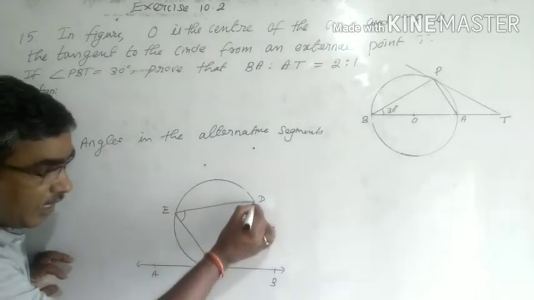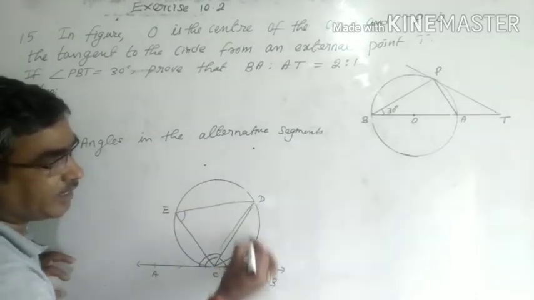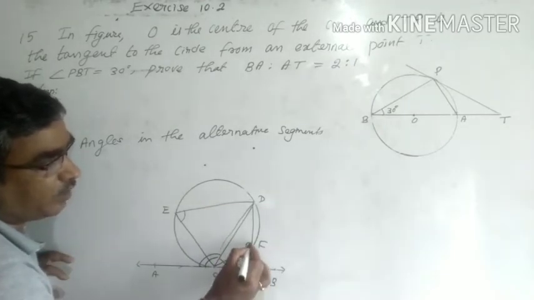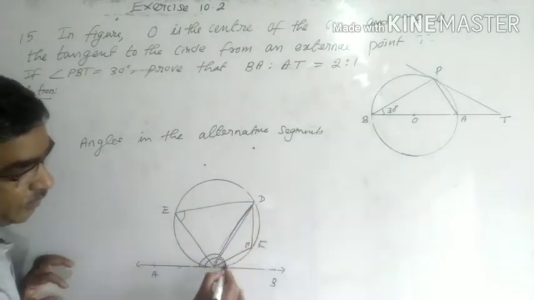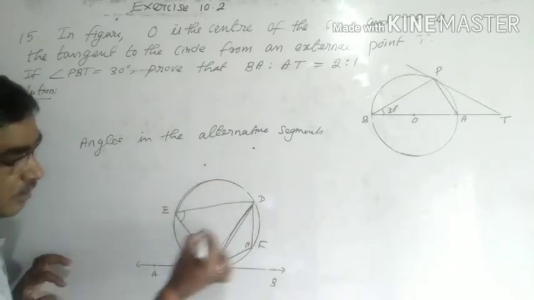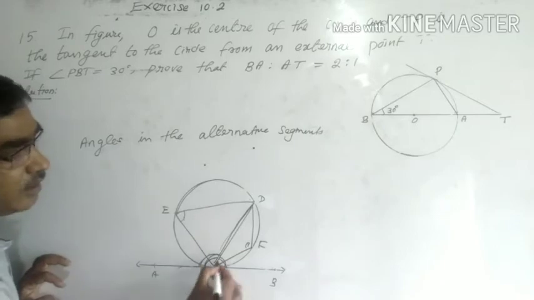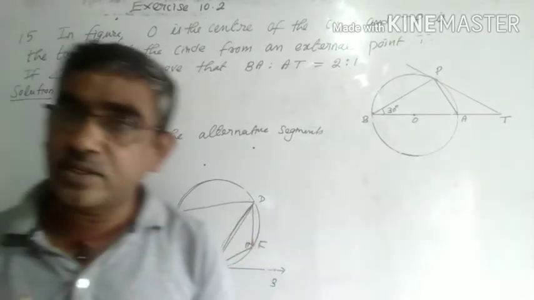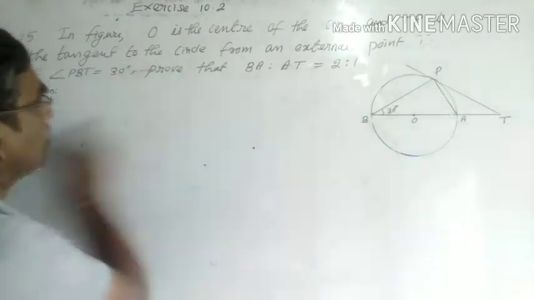In the same manner, angle DCA, this angle, will be equal to another angle if you make it in the minor segment. So CFD, these two angles become equal. So whatever angle this chord makes in the minor segment will be equal to whatever angles it makes in the major segment, any place. These two angles become equal. The same way, the major segment angle and the minor segment angle will be equal. This will be called angles in the alternate segment. Before going to the question, you must know this one. Okay, now come to the question.